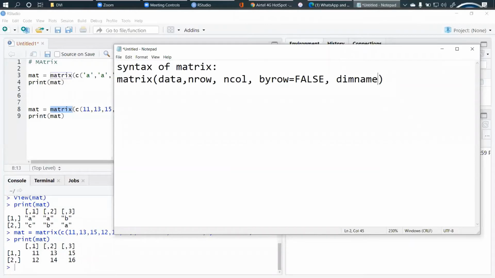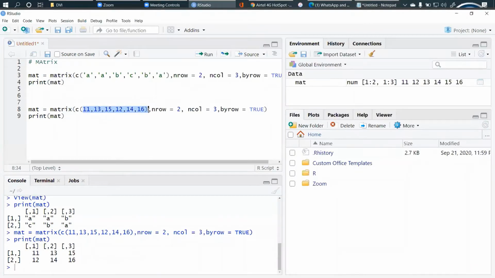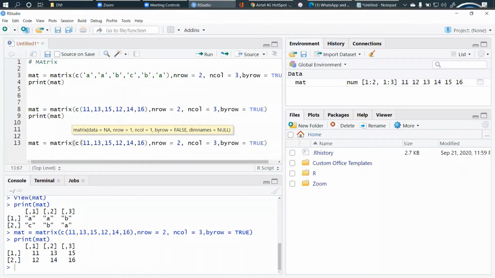So even in a matrix, you can give a name to your matrix as well as to rows and columns. Now we'll see by providing some range over here, instead of giving this set of elements, we'll try to use a specific range starting from one element to another. I'll copy this matrix and paste it over here, and make some changes in this matrix itself. I'll remove these elements and we'll start from 5 to 16. I have a specific range. 16 will be 12 elements, then rows will be 4 by 3.